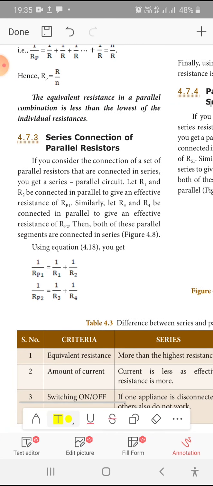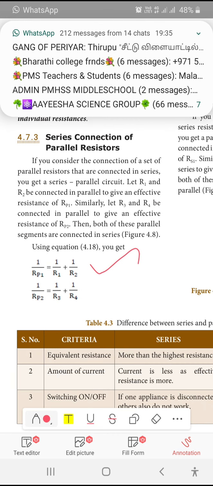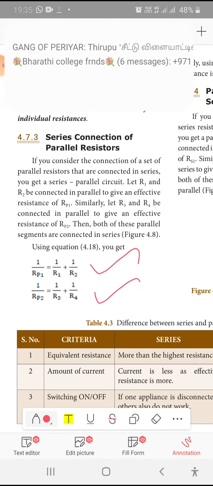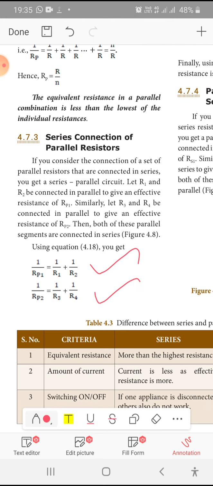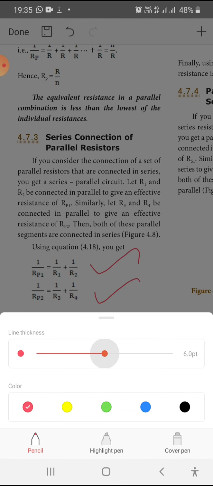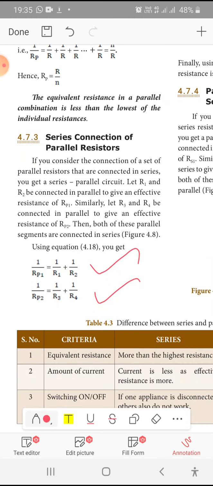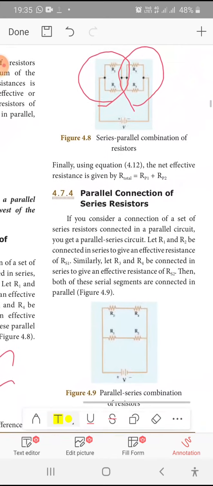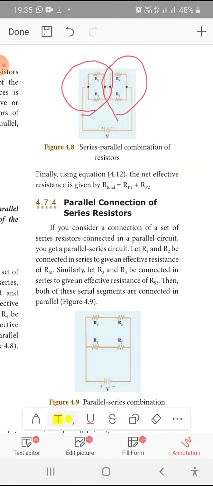So here you write the first parallel as 1 by R1 plus 1 by R2, and the second parallel as 1 by R3 plus 1 by R4. After finding the answers, RP1 and RP2, they are added in a series way. So the total resistance is equal to RP1 plus RP2, isn't it? First you find the parallel resistance, then the series connection. Here